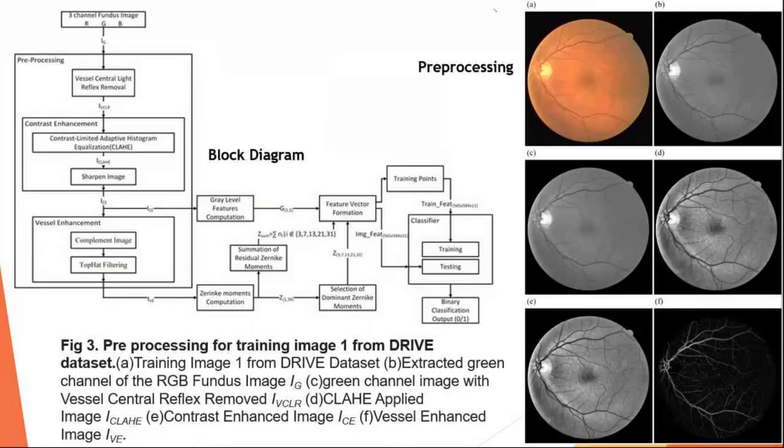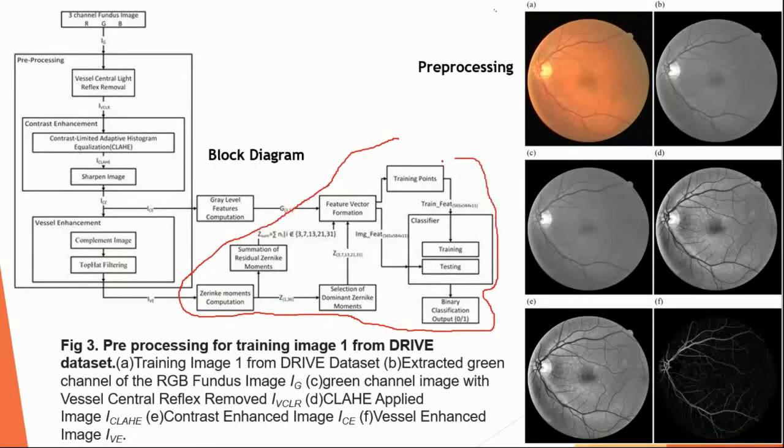Okay. So this was the entire block diagram of our system. I will tell you our contributions. This part is our contribution, whereas this one and this one are from existing papers, because if you look into fundus images, the pre-processing step remains the same. You have to pick out the green channel, remove the light reflex, all these things are the same. So we just used their pre-processing, but we added our own contribution to this.